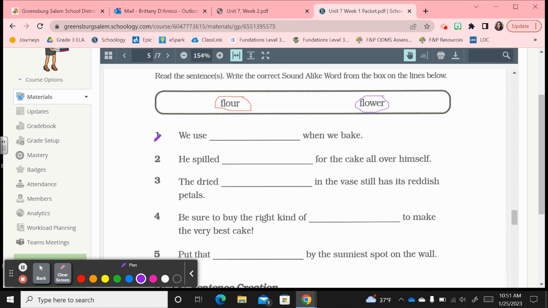Okay? We use blank when we bake. Well, we just kind of said that's flour to bake with. He spilled flour for the cake all over himself. Well, when you're baking a cake, you're using flour again. The dried flower in the vase still has its reddish petals. Well, when you're talking about a vase and petals, those are keywords to help us know that that's flower,